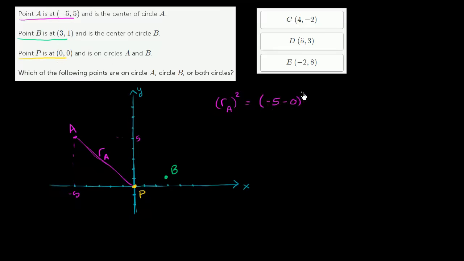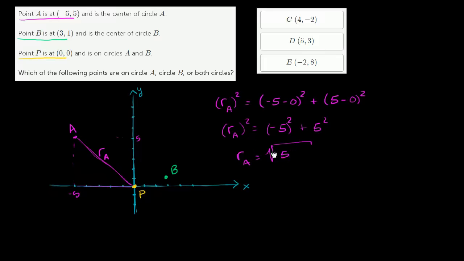That's our change in x, negative 5 minus 0 squared, plus our change in y, 5 minus 0 squared, which gets us that our distance between these 2 points, which is the length of the radius, squared, is equal to negative 5 squared plus 5 squared. Or we could say that the radius is equal to the square root of, this is 25,